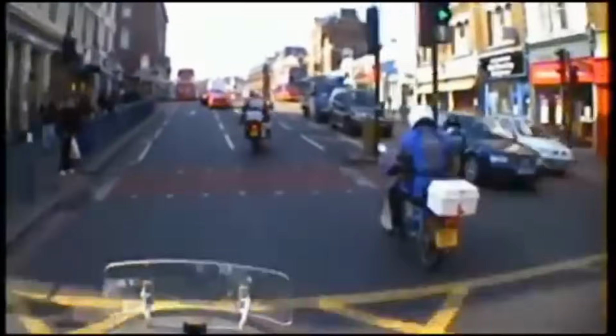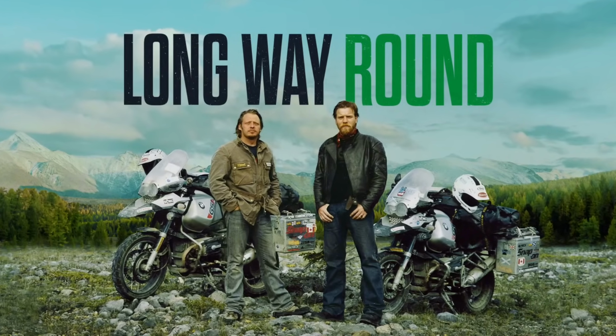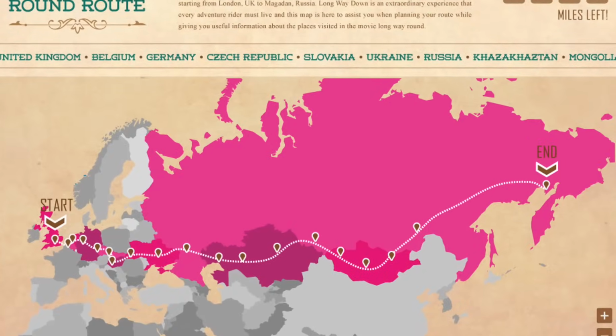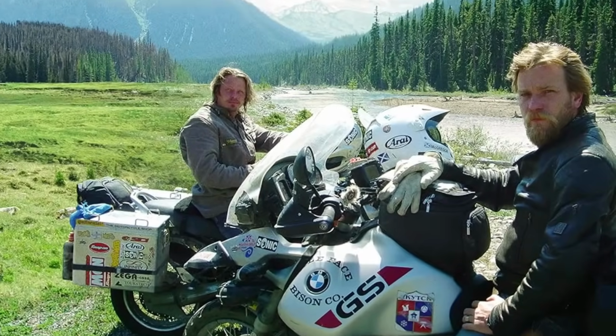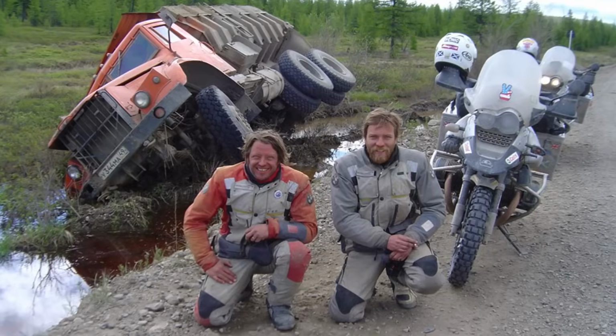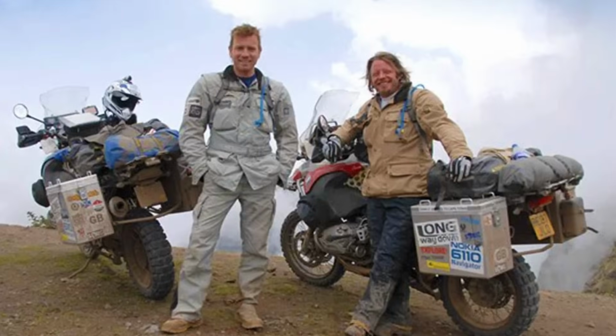Oh, and this was the engine that powered Ewan McGregor and Charley Boorman's Long Way Round journey around the world. You remember the TV documentary series filmed in 2004. The two actors, yes, Ewan McGregor from Star Wars, rode motorcycles from London to New York City the long way, traveling eastward across Europe, Central Asia, Siberia, Alaska, Canada, and finally the US. They covered over 19,000 miles in about 3 months through insane terrain, mud, snow, rivers, deserts, and places with